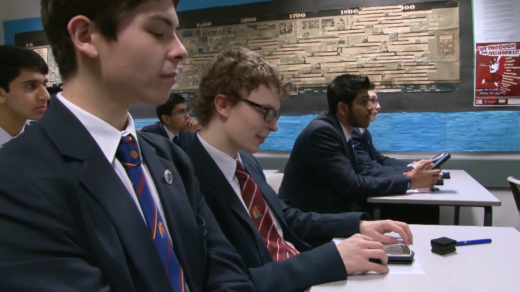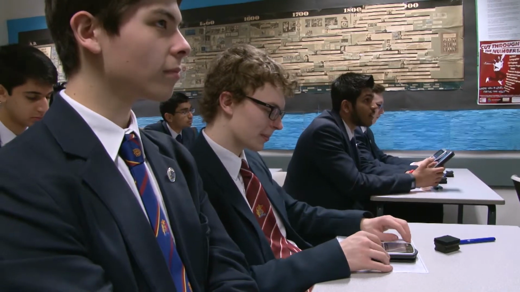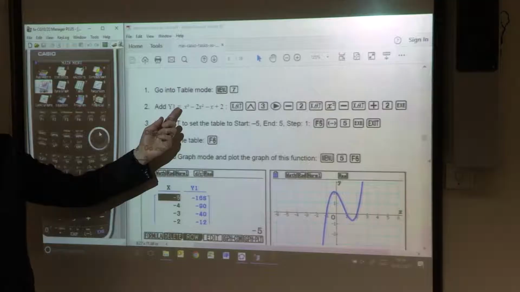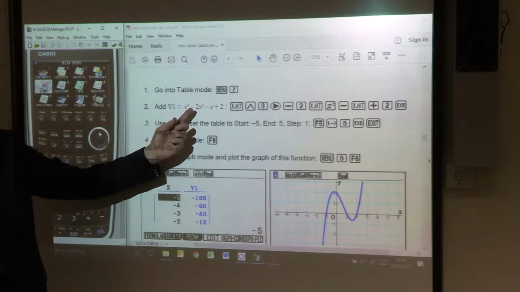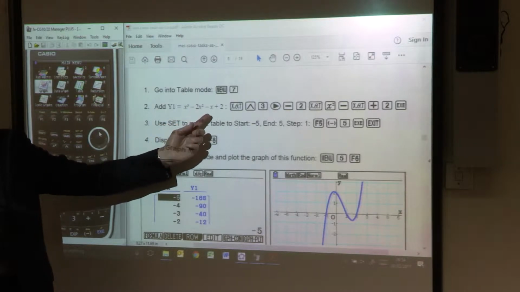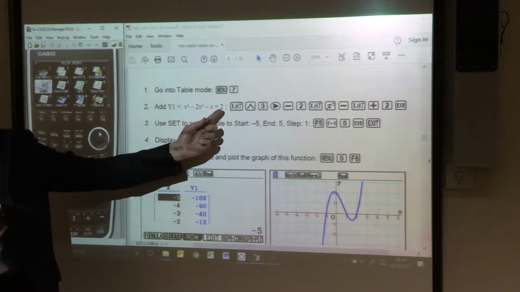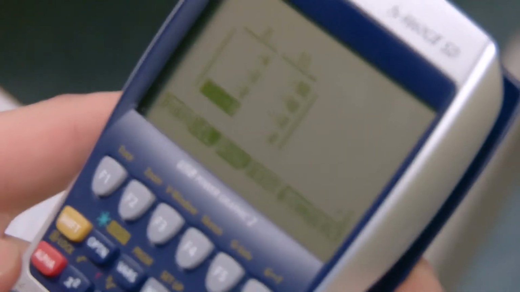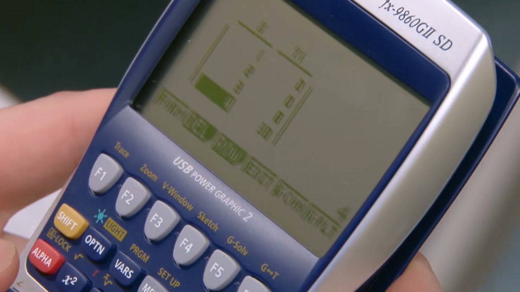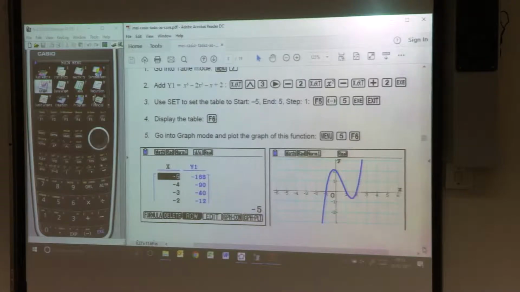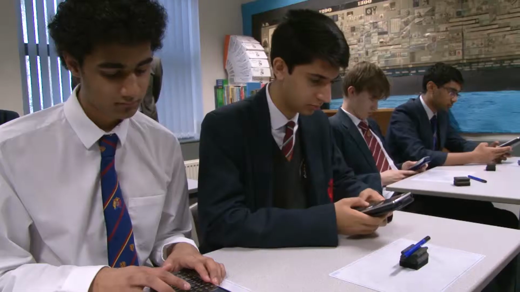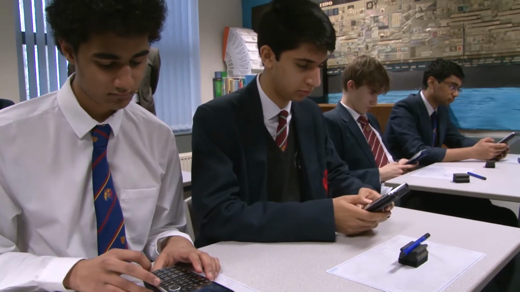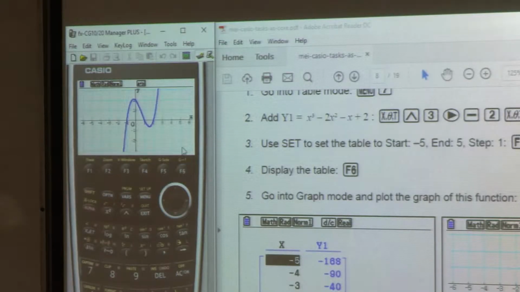Here, you will see a teacher guiding students through a task investigating the factor theorem with graphical calculators. Would you like to set up on your calculator x cubed minus 2x squared minus x plus 2? Set up your table to start from -5, end at 5 and go in steps of 1. When you've done that, go across into the graph mode and use the draw button, and up comes